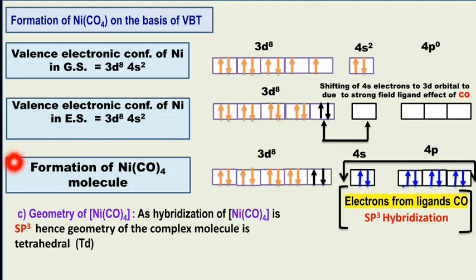So basically in this last step, the formation of the NiCO4 molecule, here we can consider that there are 8 electrons and there will be no change in the 3d orbital. The change will be here. You can see that the electrons are now donated by the carbonyl. So these are the 8 electrons donated by the 4 carbonyl. One carbonyl ligand will donate 2 electrons, so similarly the 4 carbonyl ligands will donate 8 electrons. So 2 plus 2 plus 2 plus 2, 8 electrons donated by the carbonyl ligands.